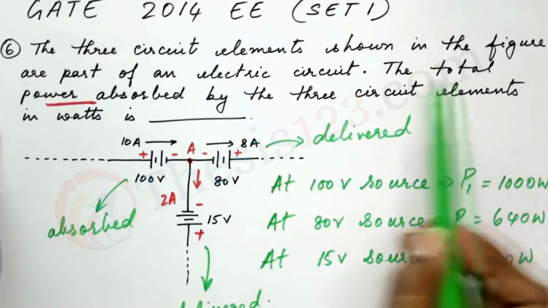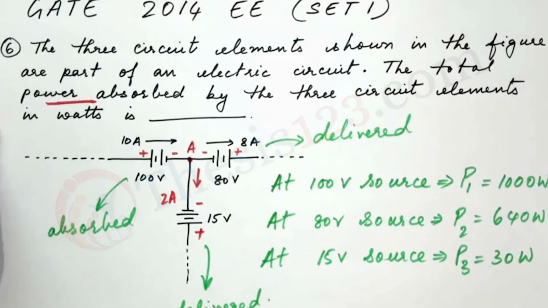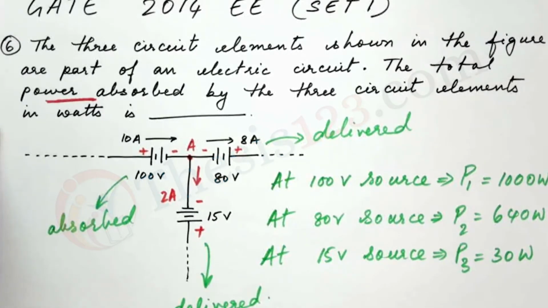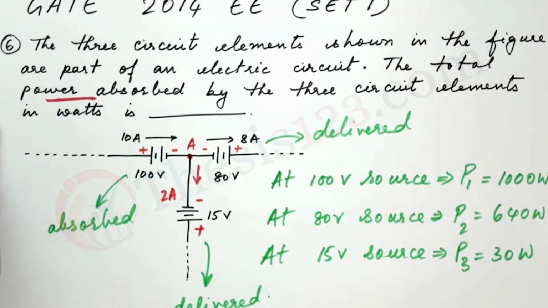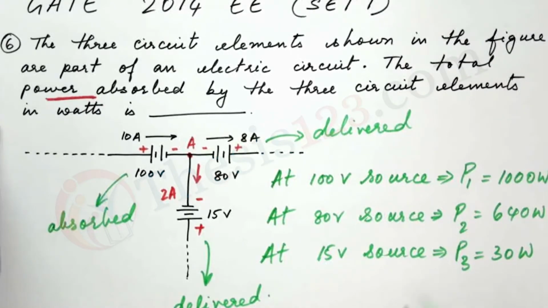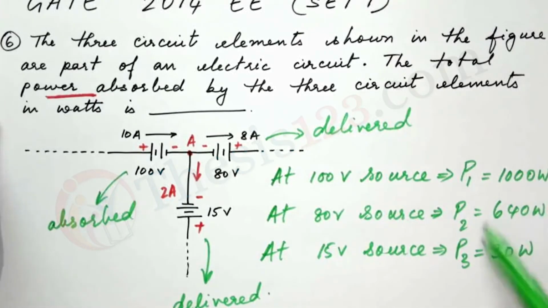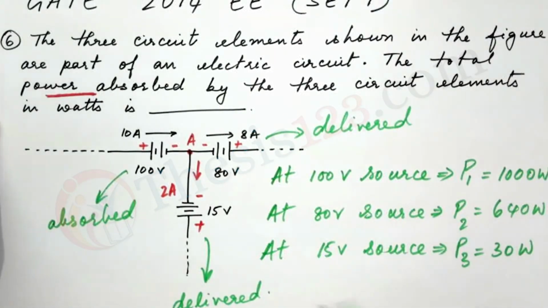Now, the total power absorbed, what would that be? Total power absorbed would be the amount 1000 watts minus the sum of the delivered power. So that's 1000 minus 640 plus 30. And the final answer is 330 watts. 1000 minus 640 minus 30 would give us